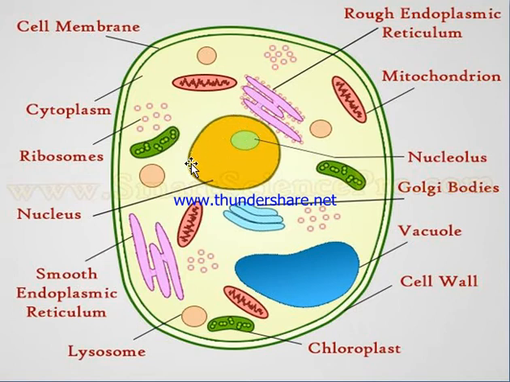The membrane of the nucleus is called the nuclear membrane. Okay, it is having the liquid. These are the smooth endoplasmic reticulum, lysosomes. These are the mitochondria. These four red colored are the mitochondria. Okay, this is the vacuole, very small, present in the plant cell, and this is about the animal cell only.